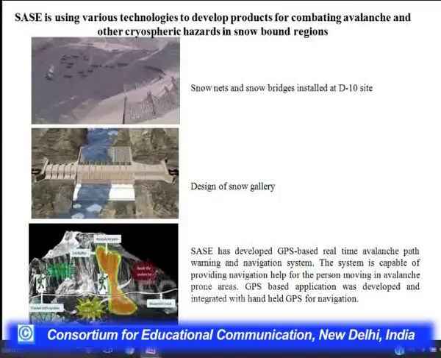I would like to mention also that the Border Roads Organisation keeps a record of such zones, improving our understanding of where we have more avalanches. I think from the SASE website you can get this. Now you can see through this diagram that SASE has developed various types of technology to protect against and combat avalanche and other atmospheric hazards. Here you can see the design of a snow gallery, snow nets and snow bridges. SASE has developed a GPS based real time avalanche path warning and navigation system. So, it is a good idea also to see the NDMA website and the SASE website in order to know about the several types of techniques already developed